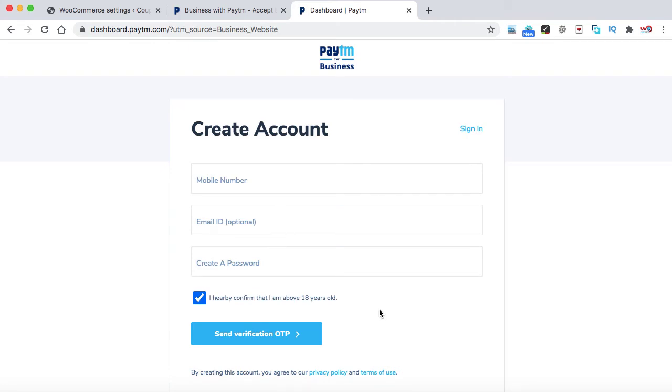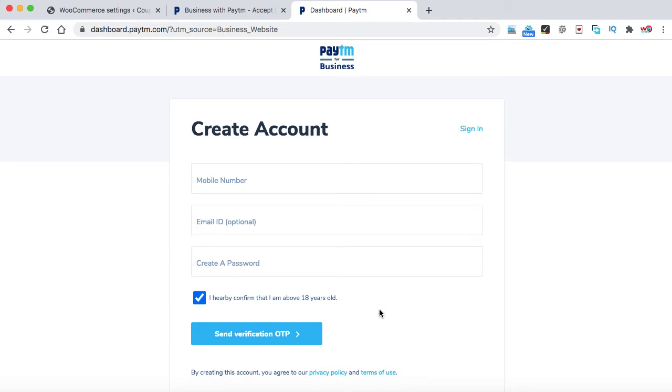Paytm website will ask you a few more details in order to verify your business, like your business registration document, your identification card like Aadhaar card or PAN card, your address proof document, your website URL, a few details about your website, your bank details, etc. There are a few things they ask before activating your Paytm business account through which you can accept online payments on your WooCommerce website.